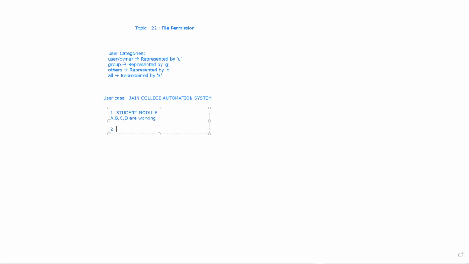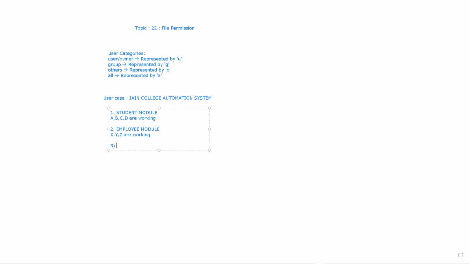Then you have the employee model. On the employee model, you have X, Y, and Z. These are the developers working on the second model.